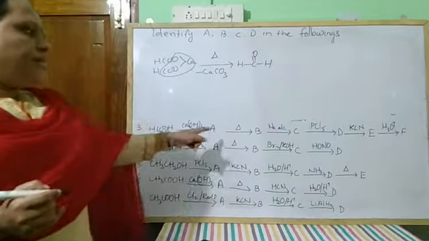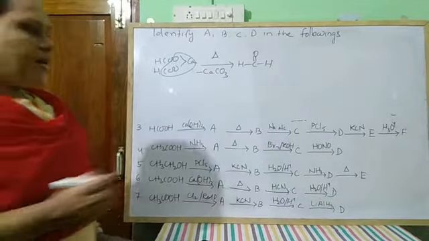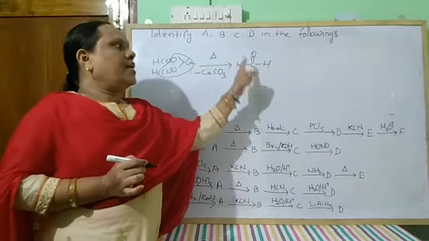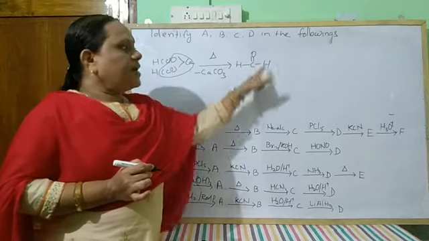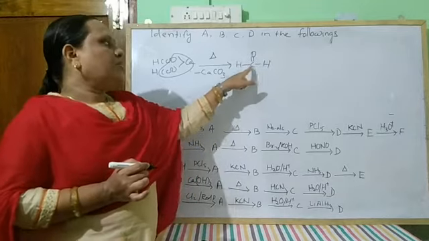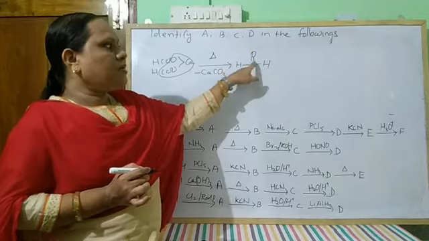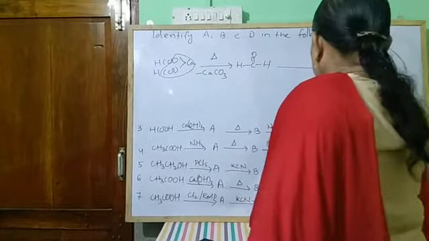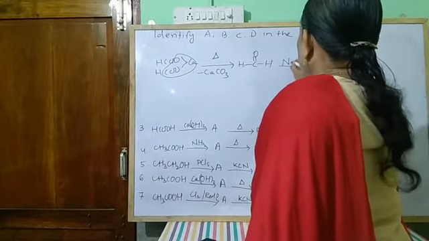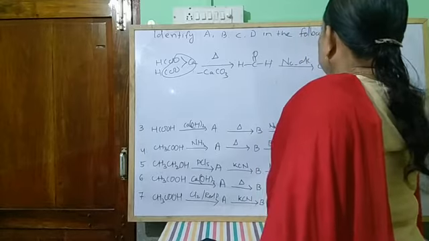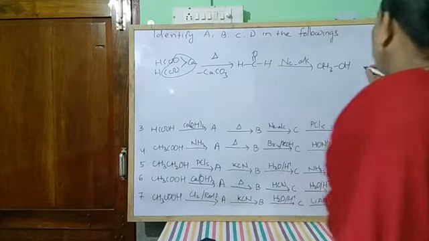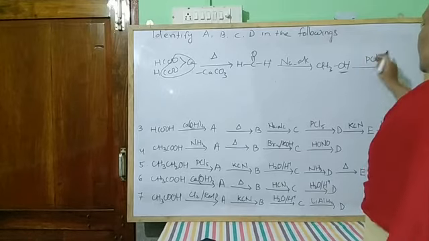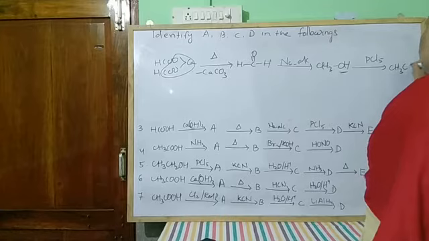And formaldehyde, when treated with sodium and alcohol, undergoes reduction, and the CO group, this aldehyde group, is converted to an alcohol group. Here one H and here one H, this bond breaks, and it gives you methyl alcohol. And methyl alcohol when again reacts with PCl5, the OH group is replaced by chlorine, it gives you CH3Cl.